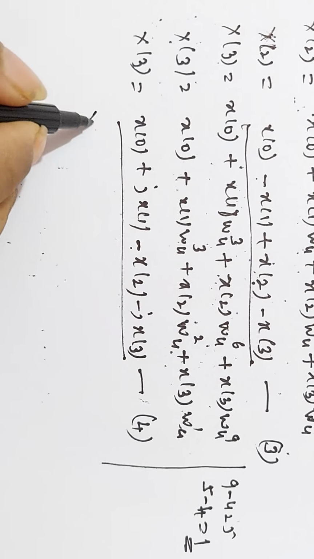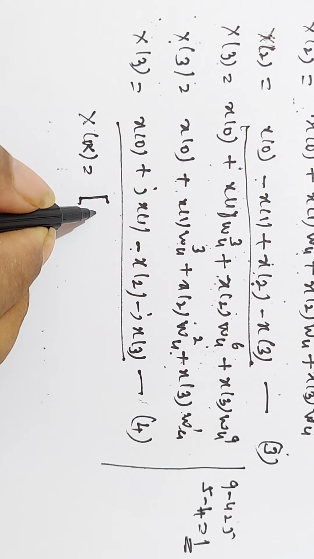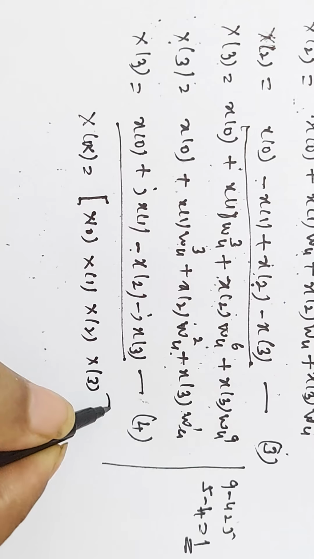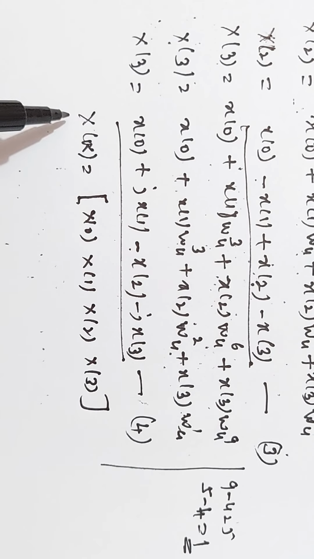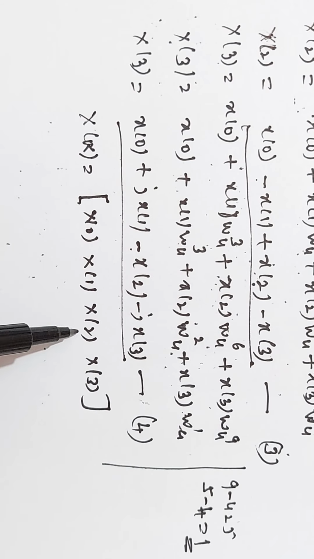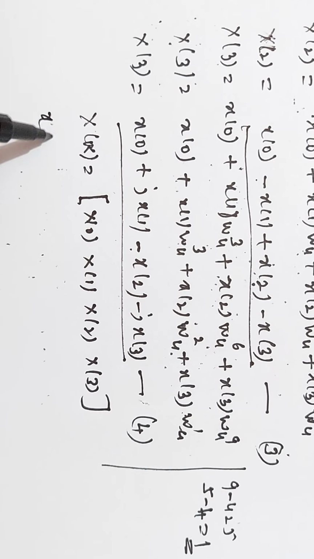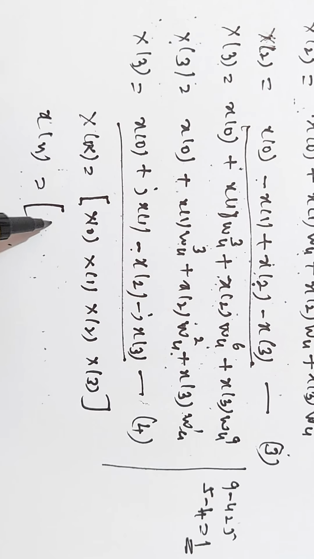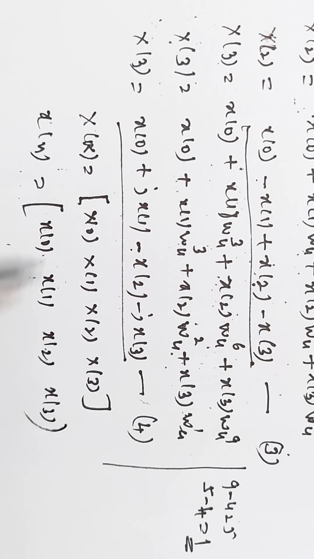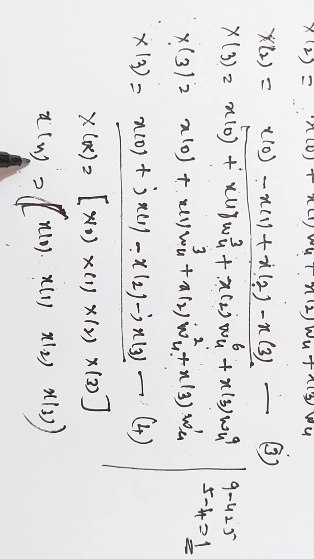And these DFT points are finally written as X of k is equal to, within a big bracket, X of 0, X of 1, X of 2 and X of 3. The big bracket shows that it is a DFT point: X of 0, X of 1, X of 2, X of 3. First sample, second sample, third sample, fourth sample. For a given sequence, x of n is a given sequence and it is represented by x of 0, x of 1, x of 2, x of 3 in small brackets. Small brackets show the given sequence.